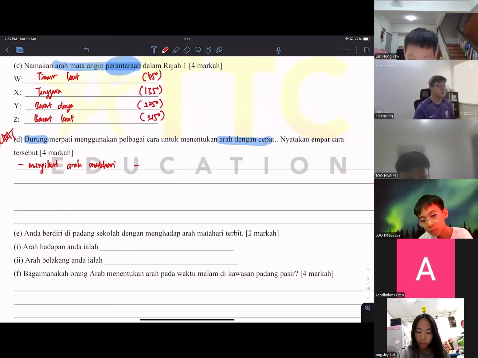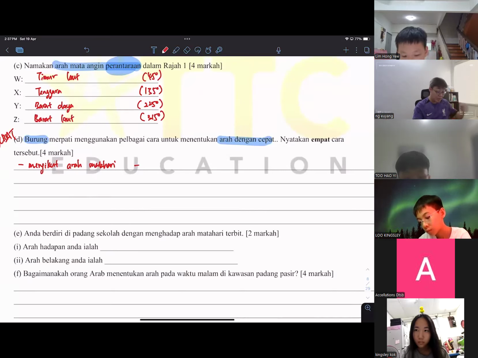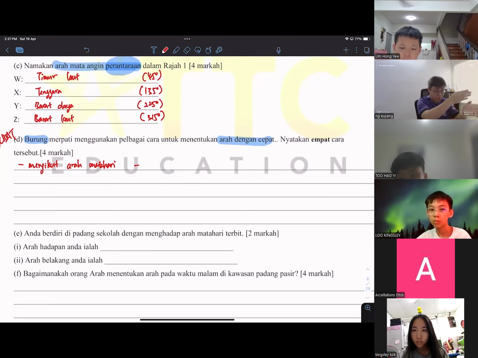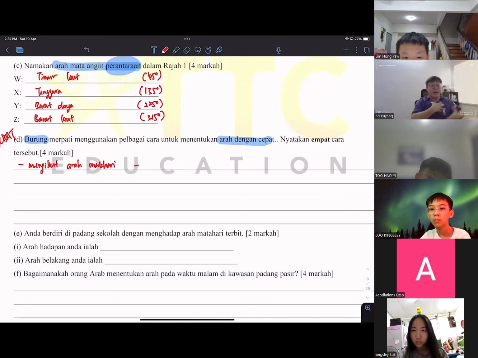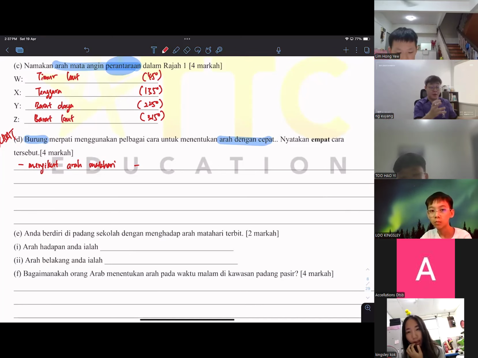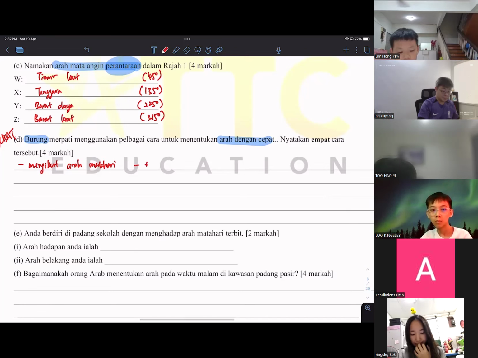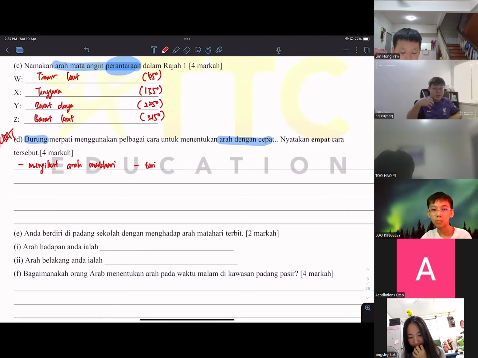Okay, other than that, something similar to the compass. Don't tell me that the bird tried to carry a compass to recognize the direction. No, their body is actually born with the talent. They can identify the gravity force. So that's why you can write down Medan magnet. Their body is working something like a magnet.